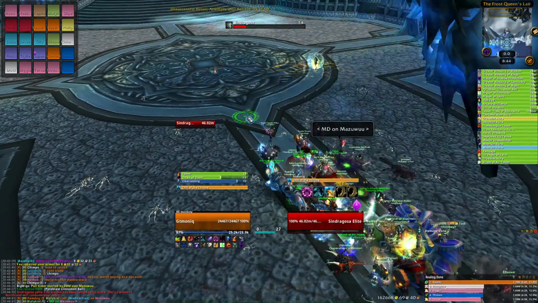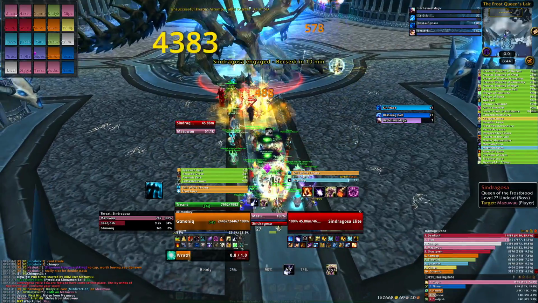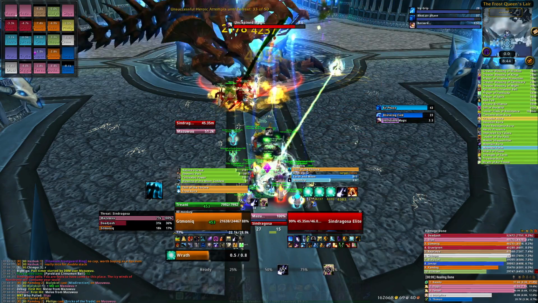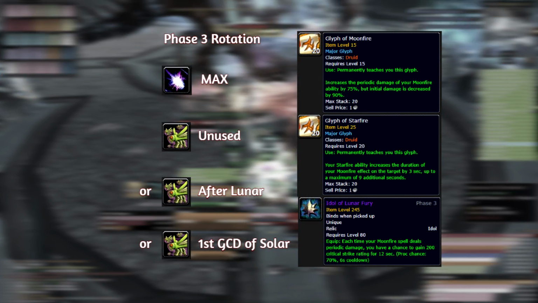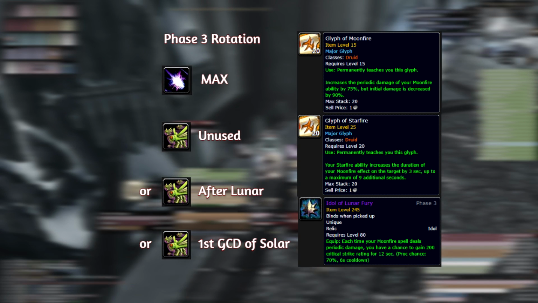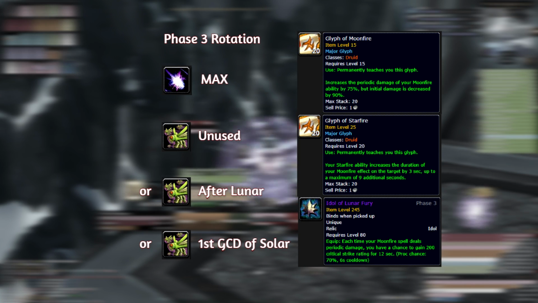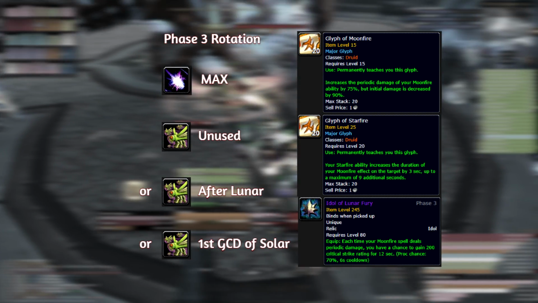This is again not something that will make or break your road to 99, so just pick whatever feels right for you. What kind of dot you should use depends on your gear and glyph setup. If you are still using phase 3 rotation with glyphs of Moonfire, Starfire and Starfall, and you are most likely in your tier 9 gear or just transitioning into a few pieces of tier 10 with still the phase 3 Idol of Lunar Fury,